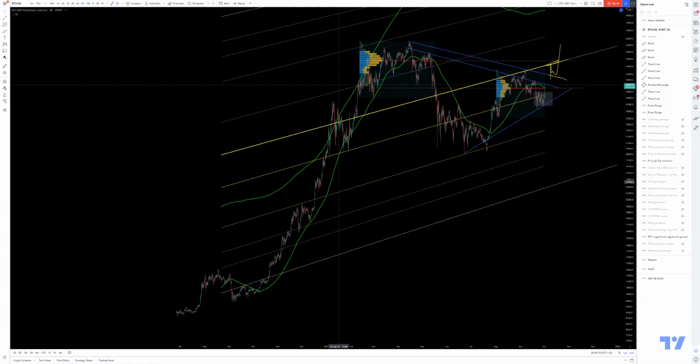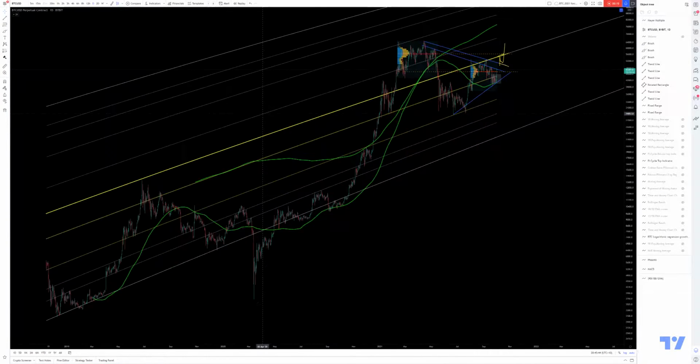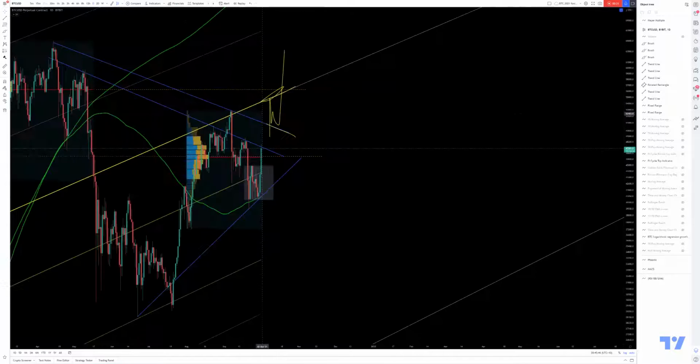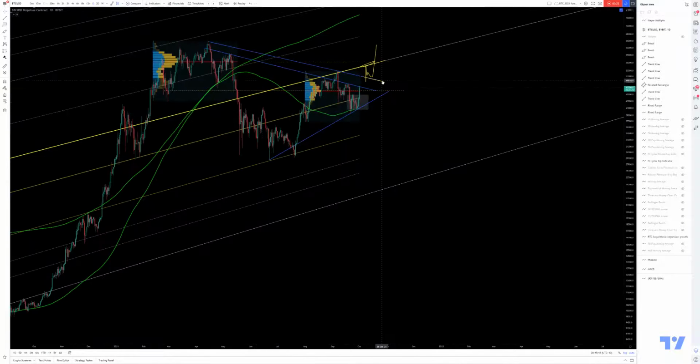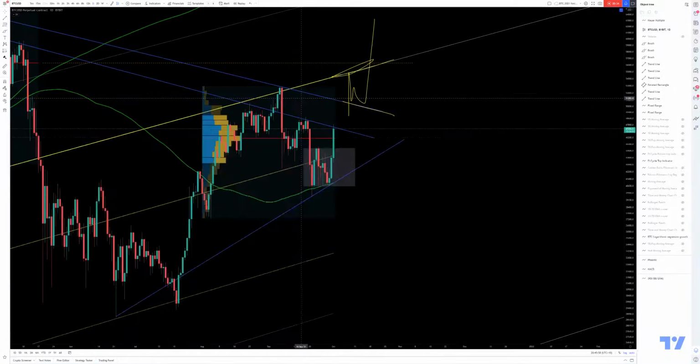Alright, so what we have on the big picture, let's say on the daily, is this channel. If you look at my previous posts, the middle of the channel was resistance, for a number of reasons, fib level and so on. But never mind. What we did see here was an accumulation, as I said to my group,